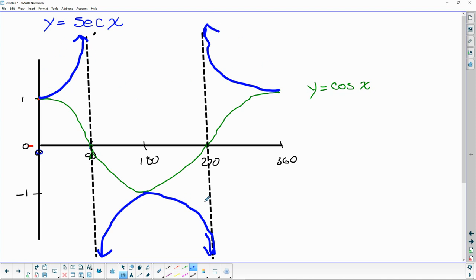So that's what the y equals secant graph looks like. And that's basically it. Now with the cotan graph, it's the exact same thing as a tan graph, except it's flipped. Okay? So the summary on this one here, we can say,